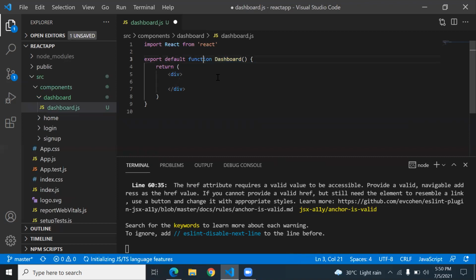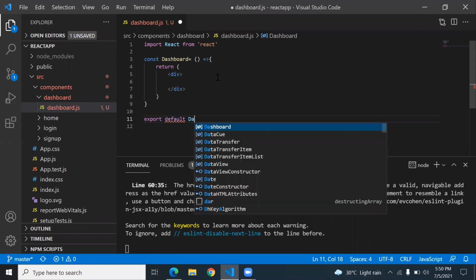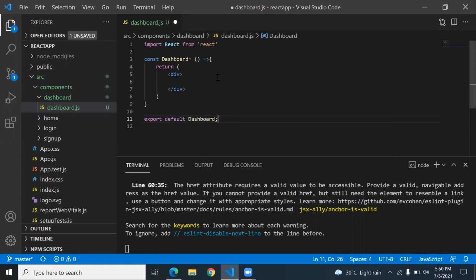We'll write this as an arrow function, and here I write default export Dashboard. So when to show this dashboard?